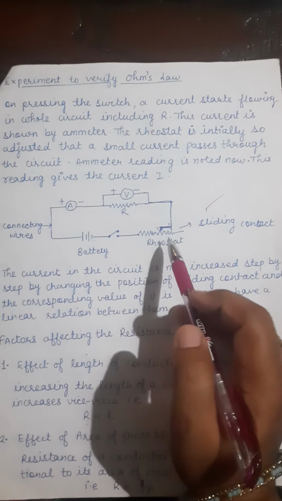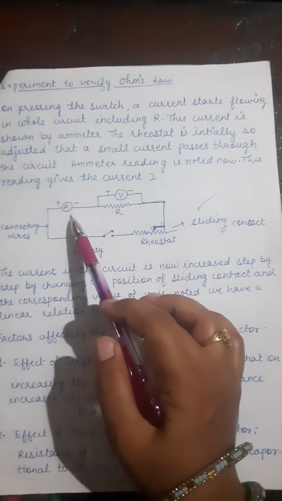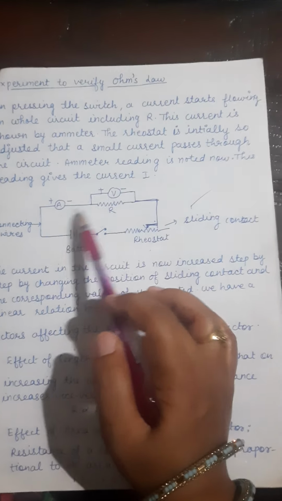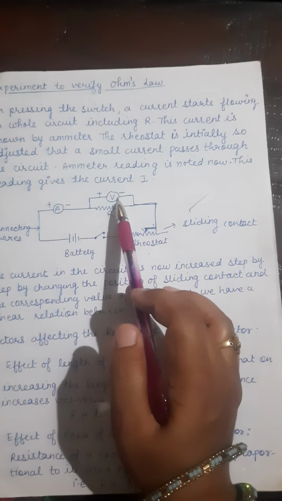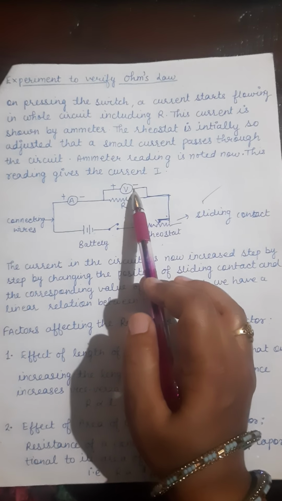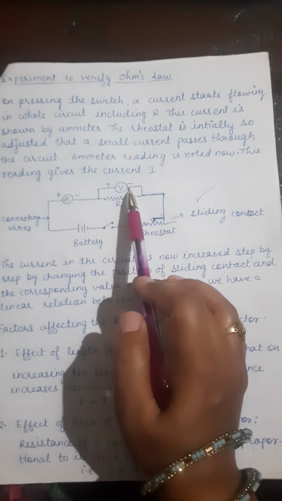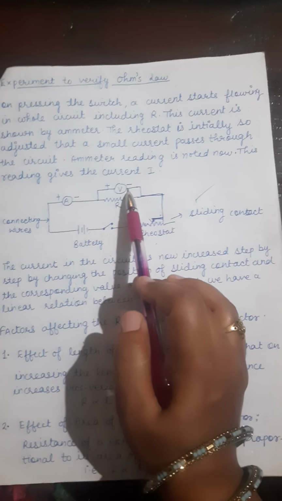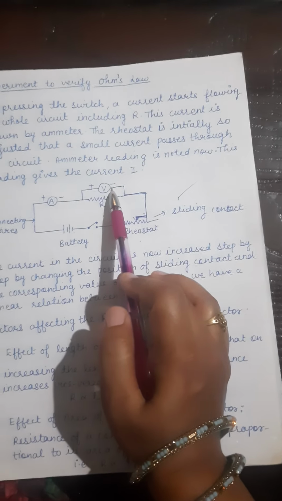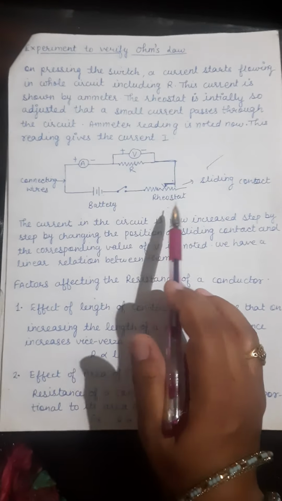So by changing the resistance in this circuit we can alter the ammeter reading, that is the current, and the voltmeter reading. If you note the readings of both the ammeter and the voltmeter together, we can draw the IV characteristics of a particular conductor, and by that we can have an idea what type of conductor it is. In this conductor is the current range high or low? Clear students? Is it a good conductor or a bad conductor?